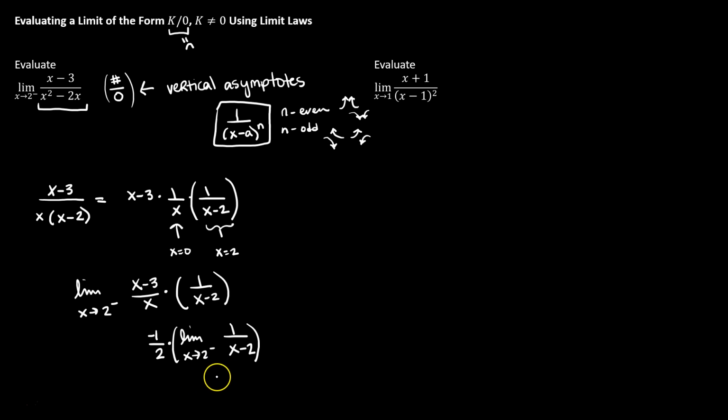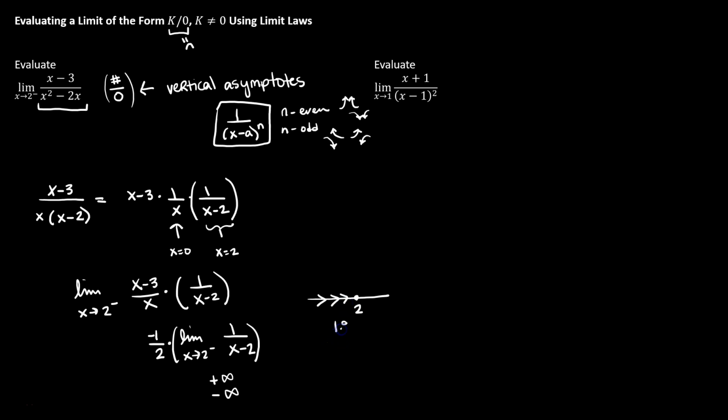Is this going to positive infinity? Is it going to negative infinity? So to do that, we need to think about where x is coming from and what happens when we plug those numbers into our function. If x is on the left of 2, then I'm using numbers smaller than 2. So if I'm on a number line and I'm approaching 2 from the left, then I might be using numbers